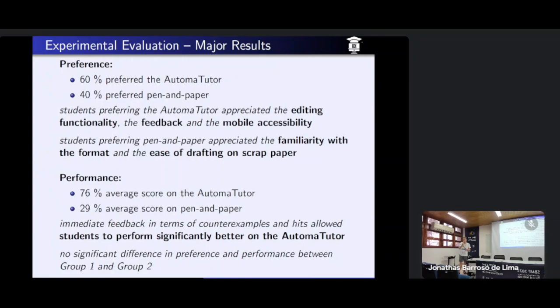On the application, the students received on average 76% of the total possible score, whereas on pen and paper only 29% on average. And that was also because for the pen and paper exercises no immediate feedback was offered, but on the mobile application the students received the counter examples and could also request hints. And